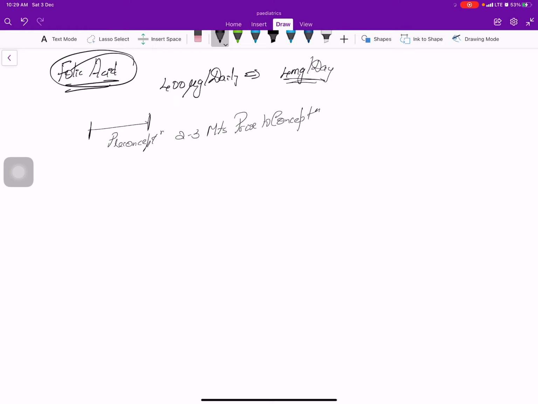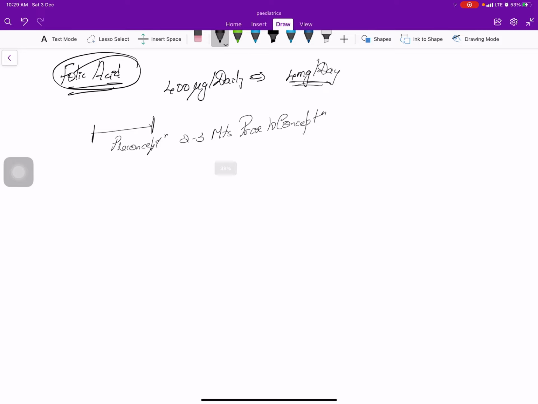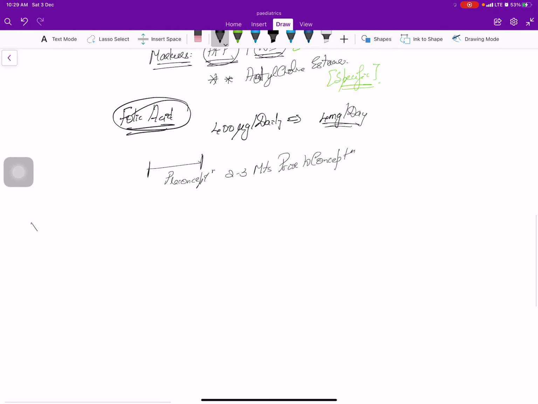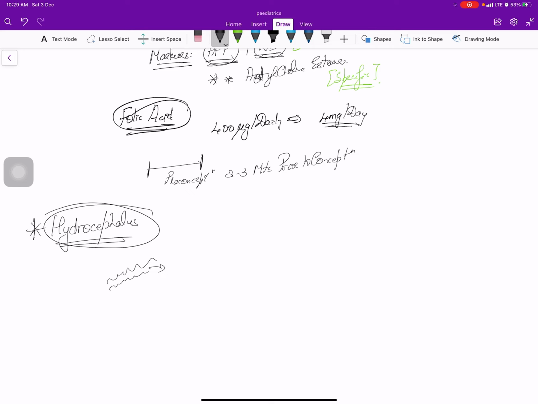We have a few other topics which I think we should not be covering. We'll just directly go to hydrocephalus. I think this much of basics is pretty good for neurology. Let's go directly to the most important topic here, hydrocephalus. So hydrocephalus is nothing but fluid retention in the brain. Normally we have CSF which is created by the choroid plexus, which is then supposed to go through the